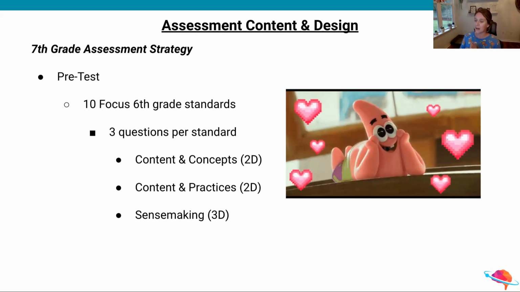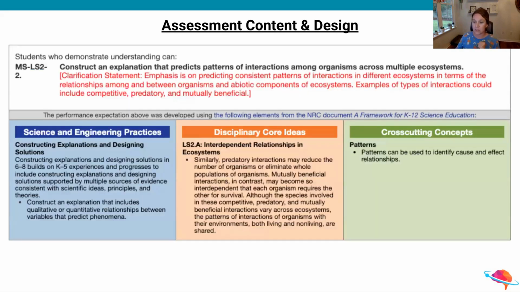Okay, so because we started with the 4th grade assessment story, from here I want to talk a little bit about the 7th grade assessment and give you a little bit of insight into what this assessment actually looked like, just as a refresher to that foundation that Brendan set. So just to give you a little bit of understanding of the assessment content and design here,